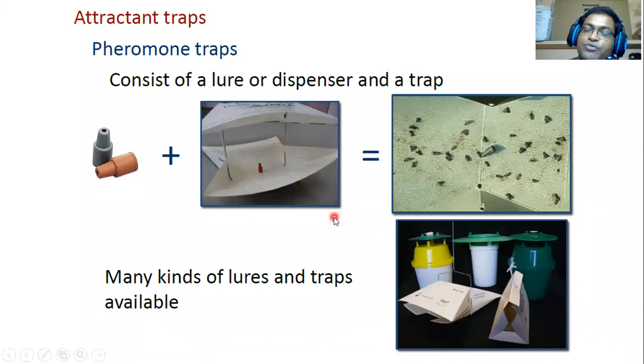Fruit flies produce different chemicals; caterpillars, larvae, especially butterflies and moths produce different chemicals. So you have to identify the exact same chemical and artificially synthesize it, or extract it directly from the insect, and you can use it. Nowadays they are artificially producing the same chemical that is in the natural pheromones, and using it for pheromone traps.